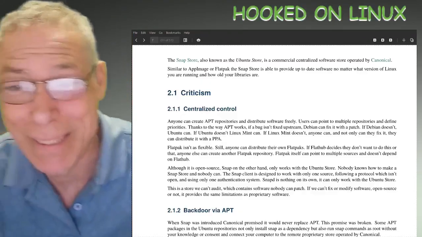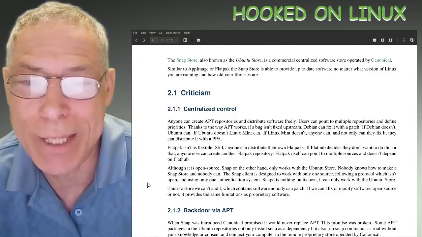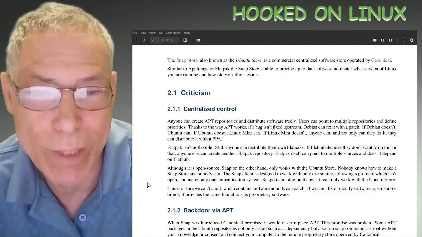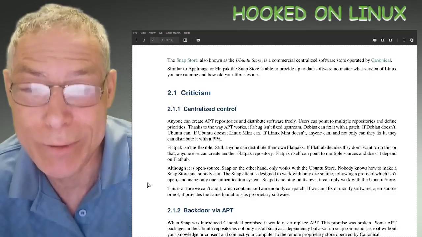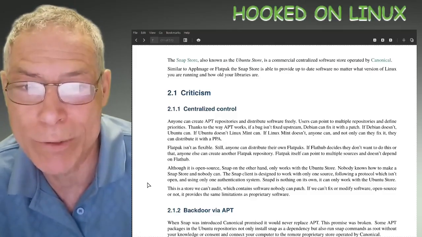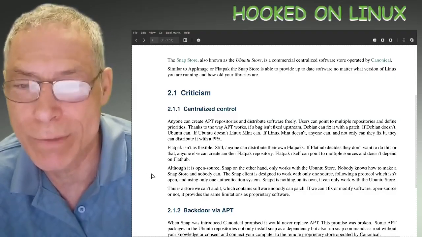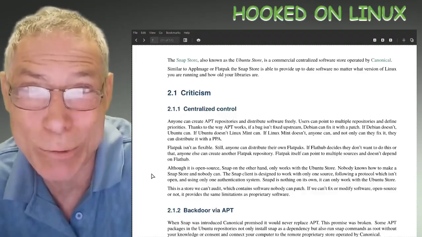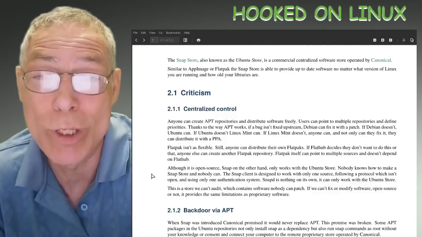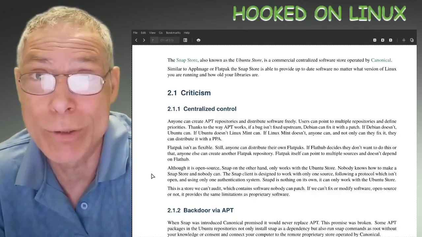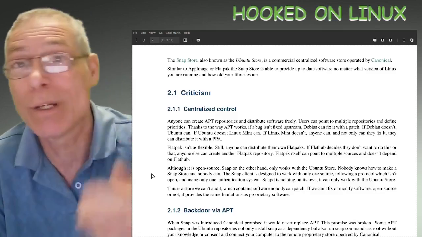And that's basically it. They go on to say in their criticism here that Flatpak isn't as flexible. Still, anyone can distribute their own Flatpaks. And if FlatHub decides they don't want this or that, anyone else can create another Flatpak repository. Flatpak itself can point to multiple sources and doesn't depend on a FlatHub. There's thousands of Flatpak repositories out there. If you search for a certain type of software for your Linux machine, there's hundreds of these